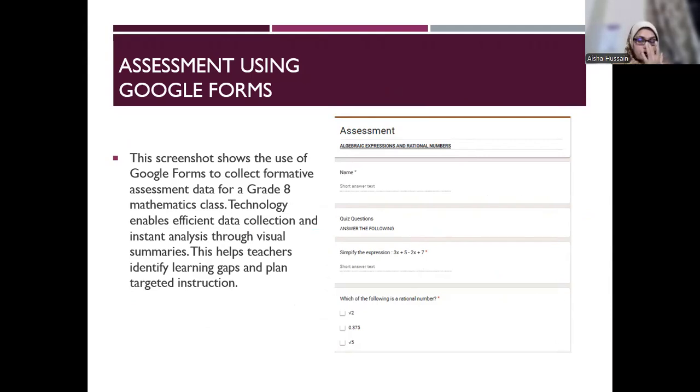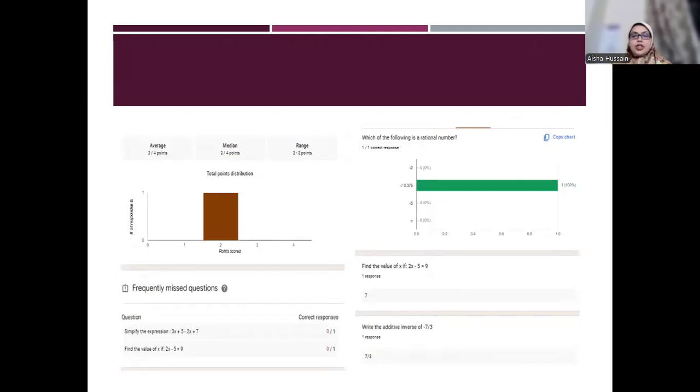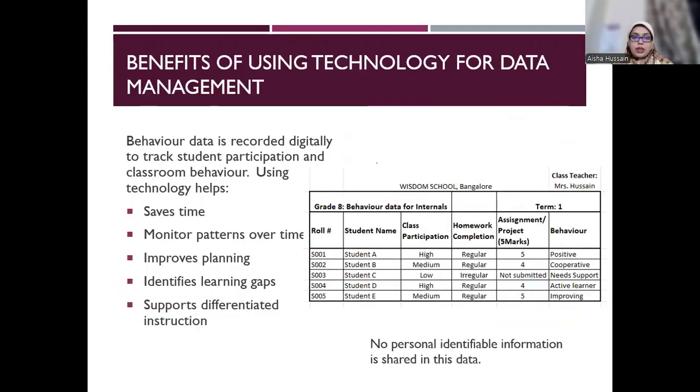Next, another tool which can be used for assessment data besides Excel is Google Forms, which I have over here. Now, over here also you can see you can create certain differentiated questions, maybe not complex, but something to gain a fair idea of where the student stands. So basically, for formative assessments, it is an ideal thing to use. So you see, when the child answers, the entire thing can be analyzed and presented graphically, which makes it easy for the teachers to understand.